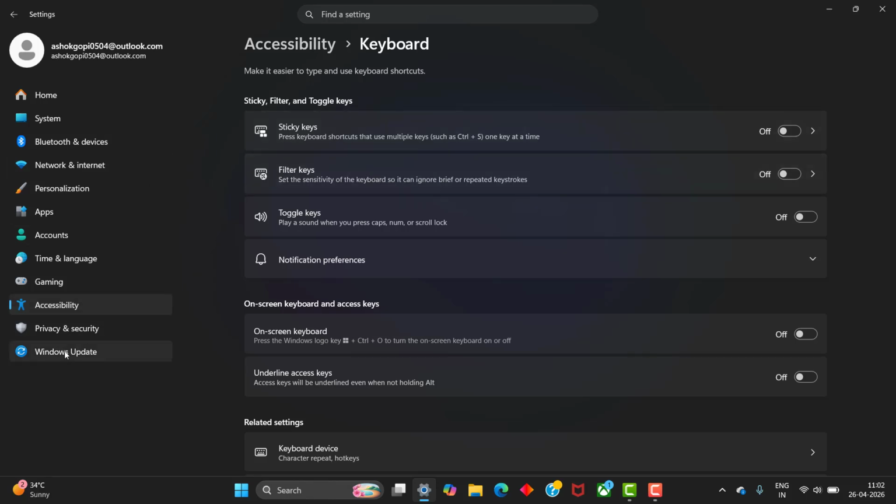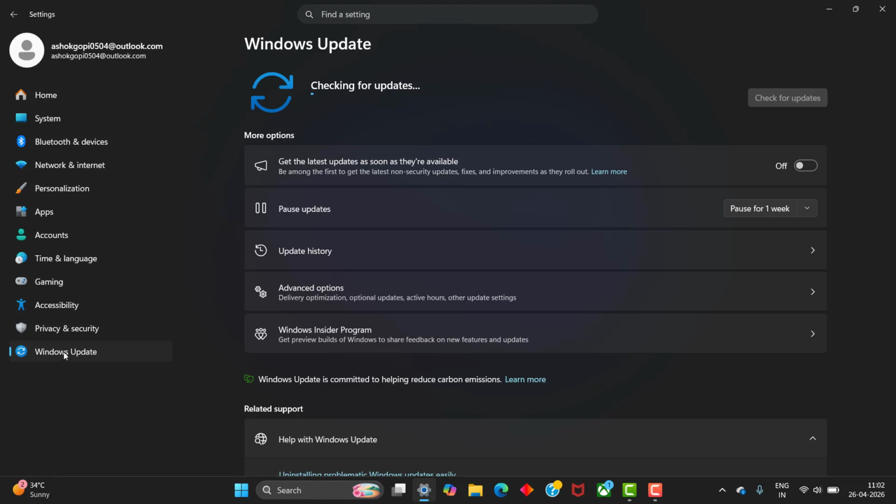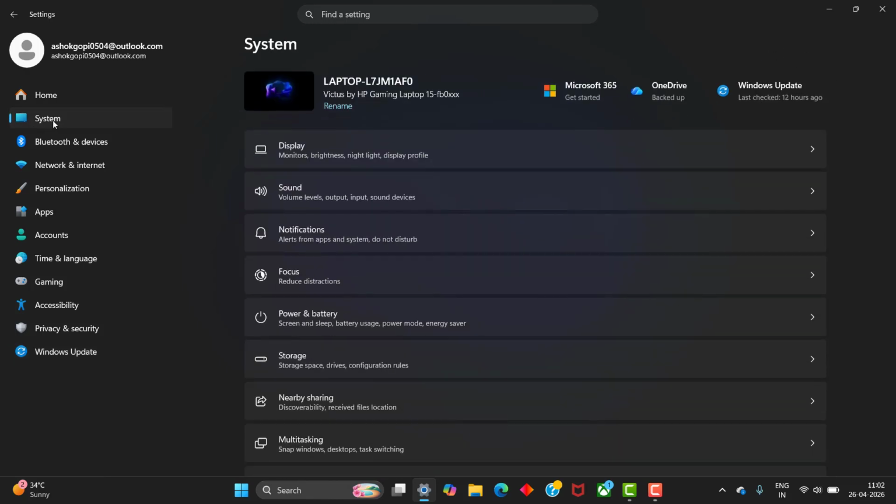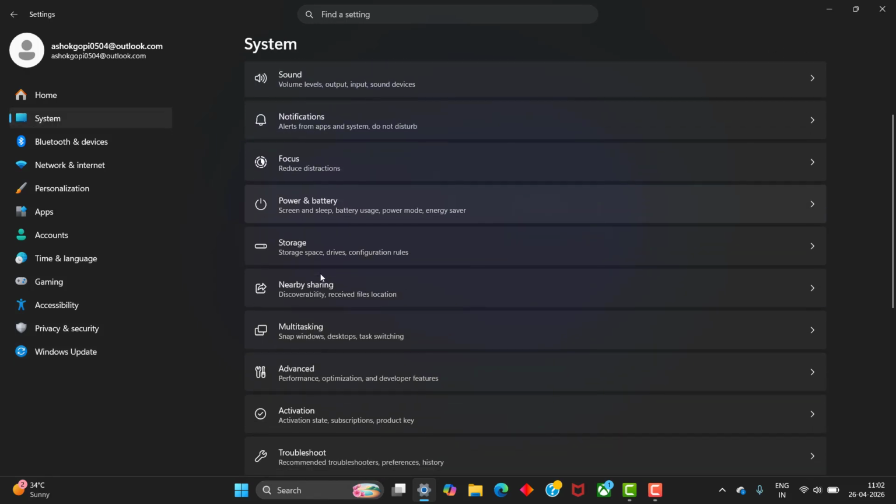Then go to Windows Update and check whether the Windows is up to date or not. Sometimes pending installations cause issues, so clear all the installation pending items and go to system settings,